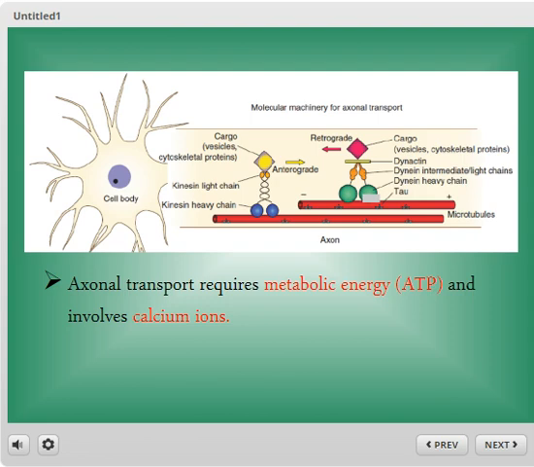And you see the cargo in an anterograde transport, for example, the vesicles, cytoskeletal protein connect to the kinesin, and move on the microtubules